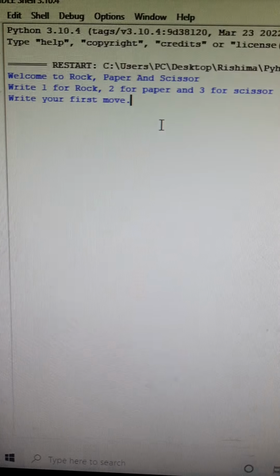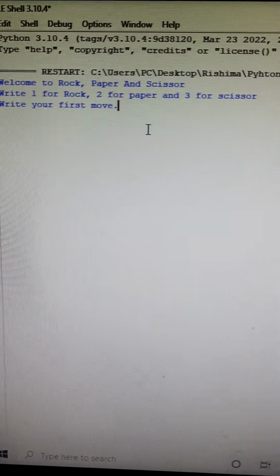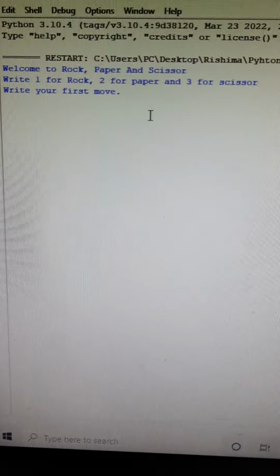I have made a game of rock, paper, and scissor on Python. So let's see how it works. First, I would show you how it's running, and then we would see the code. Let's begin. As we run the code, the computer welcomes us to the game and tells us the instructions, which